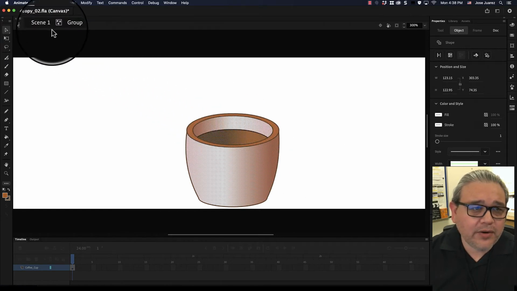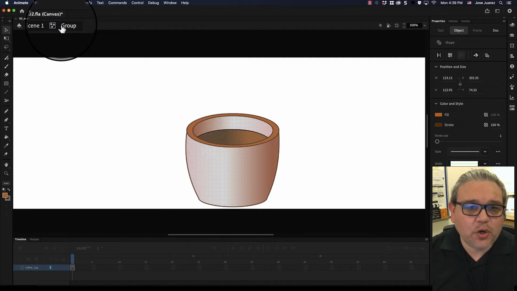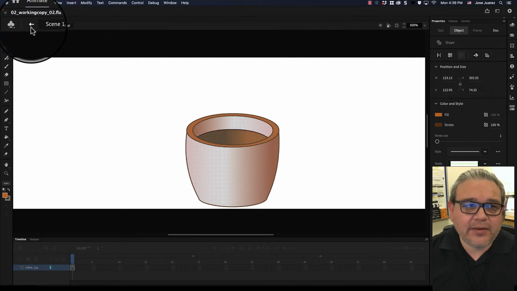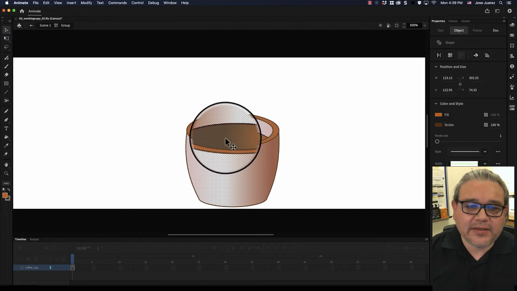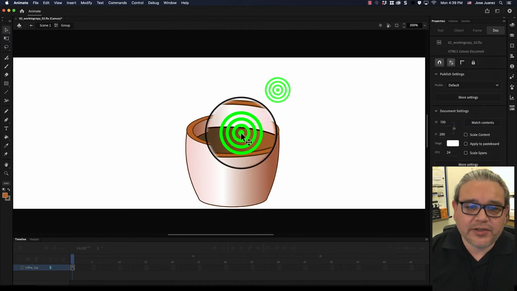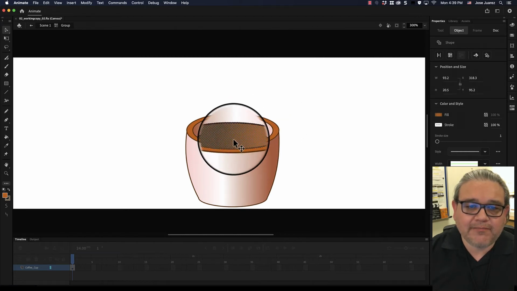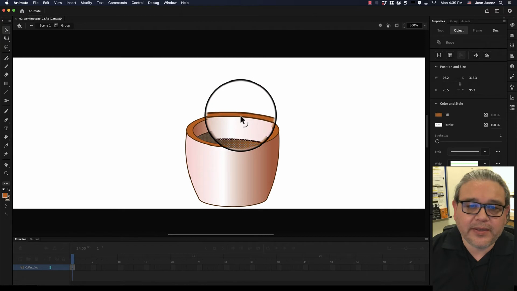And I want to bring your attention over here where it says Scene 1, Group 1. So this is the state it's in. It actually opened up a different state. It's almost like it went into a different realm or dimension, right? And that's what this does. And this little area brings you back to the original state. But I want to get to this little coffee area if I wanted to change it, right? So once you click off on it and you just double click that center piece or any little piece,